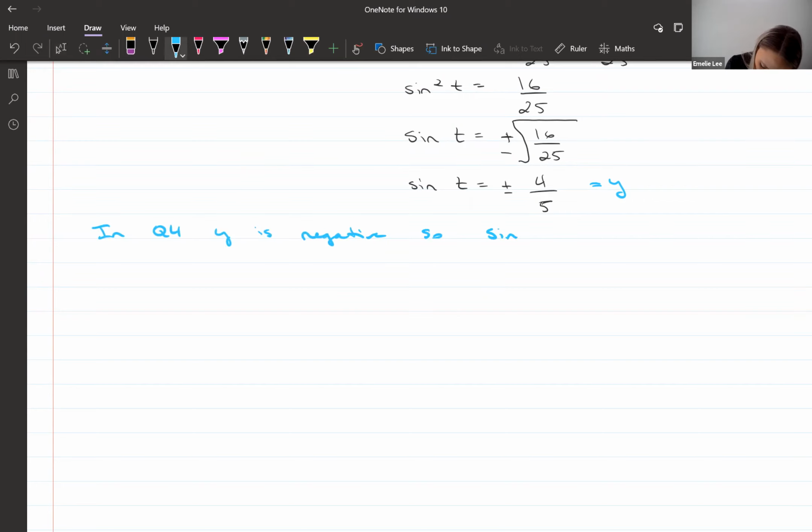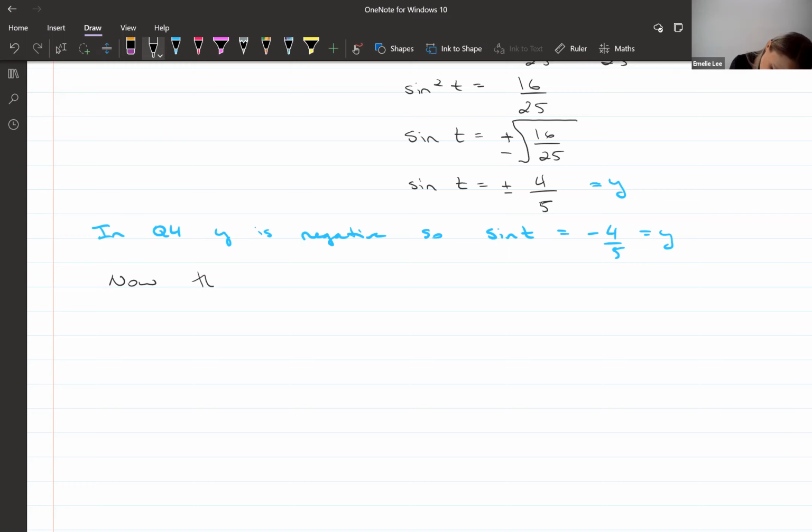So sine t is negative 4 over 5, which is going to be your y. Now that we know that x is 3 over 5, yep, and y is negative 4 over 5,